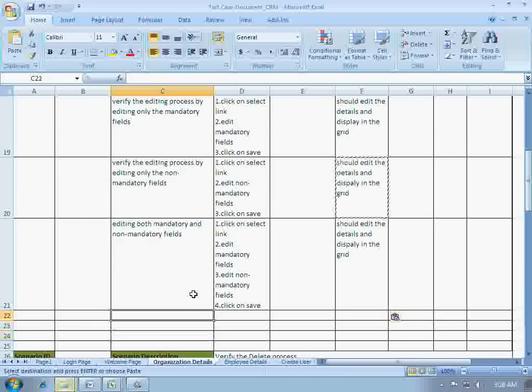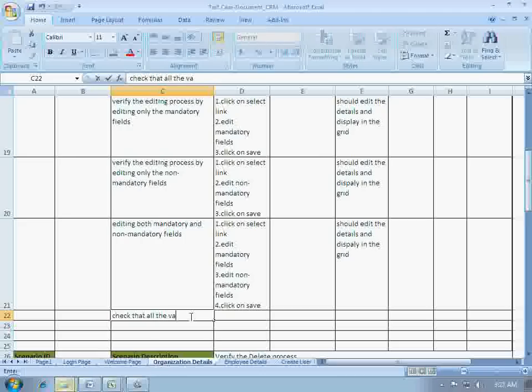And what else? We can actually verify the functionality of select link here, that is, check that all the values are displayed in respective fields.